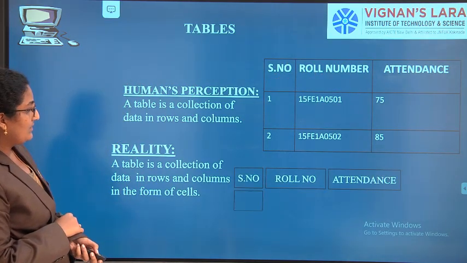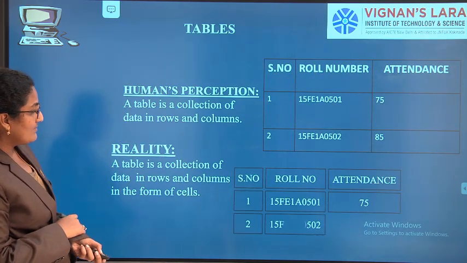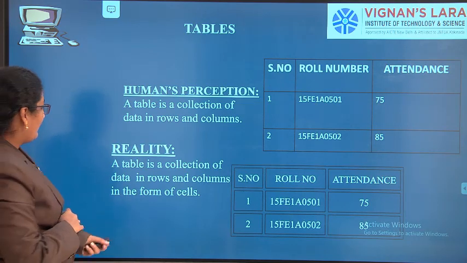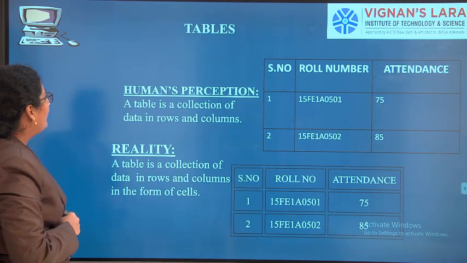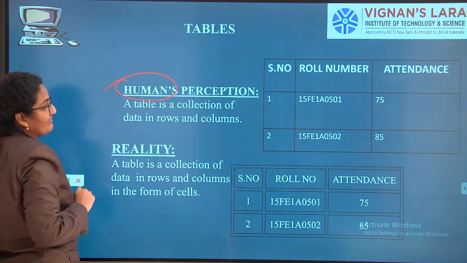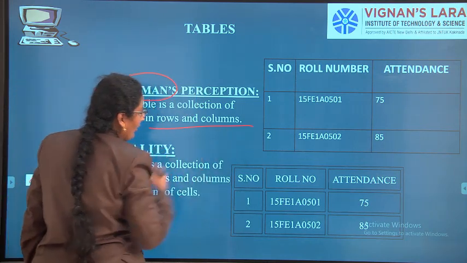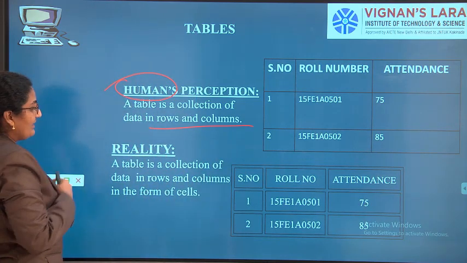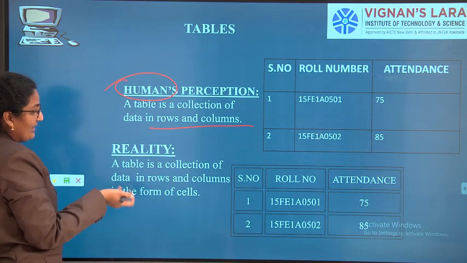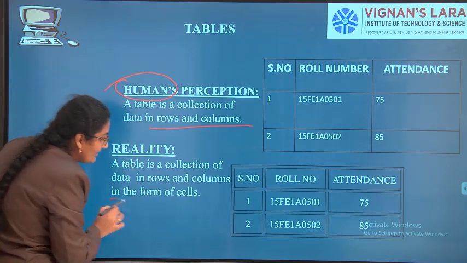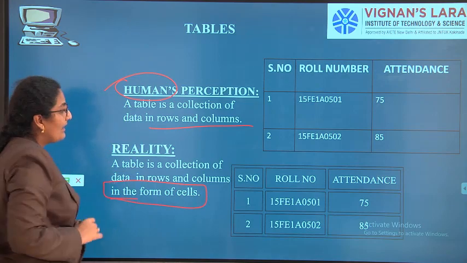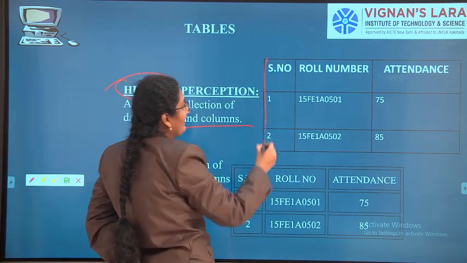Observe on the screen. In reality, a table is a collection of data in the form of rows and columns, in the form of cells.